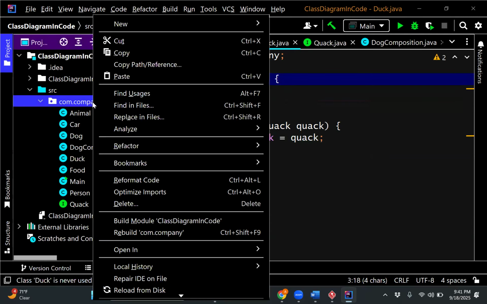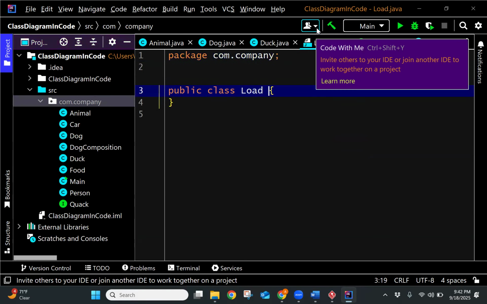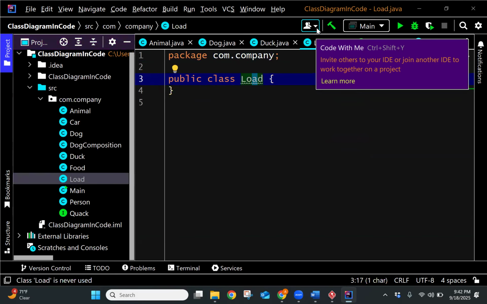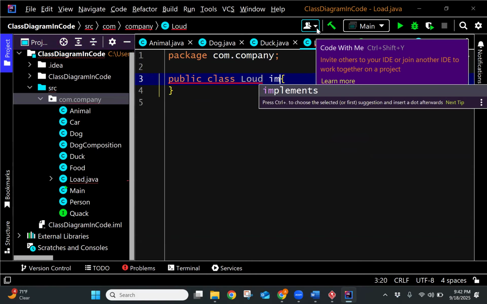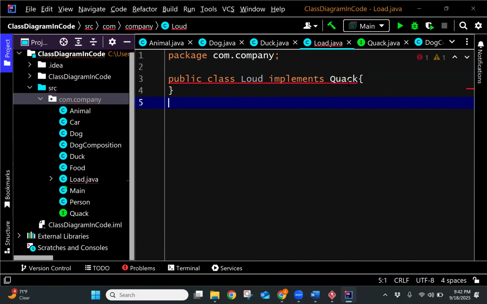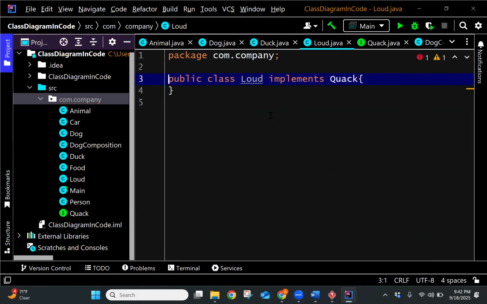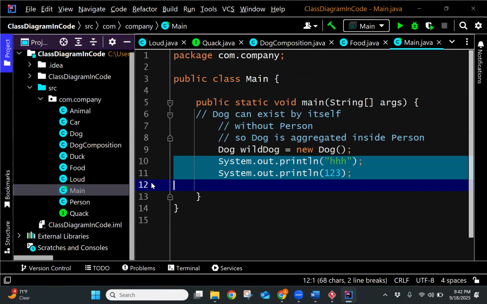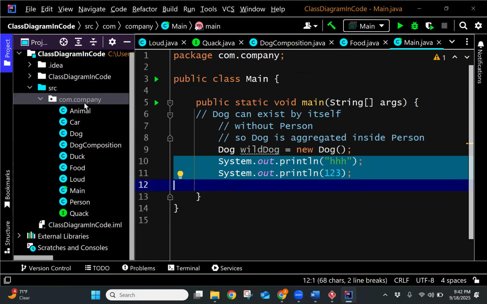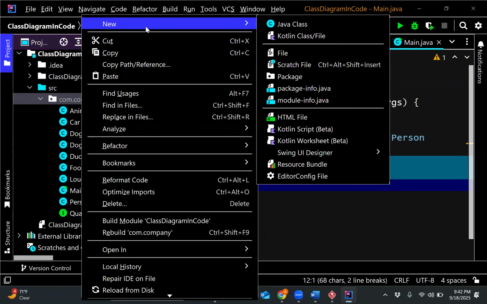So for example, we could have, let's say, a new LoudQuack, loud, spelled that wrong. This could implement Quack. Okay, so that would be an example. And then in main, did I do LoudQuack? Yeah, I did loud. So for example, in main we could do